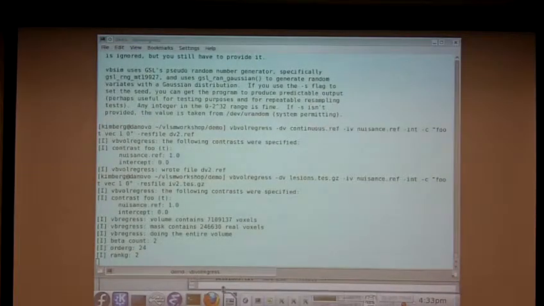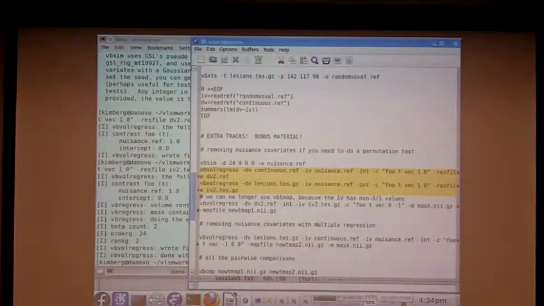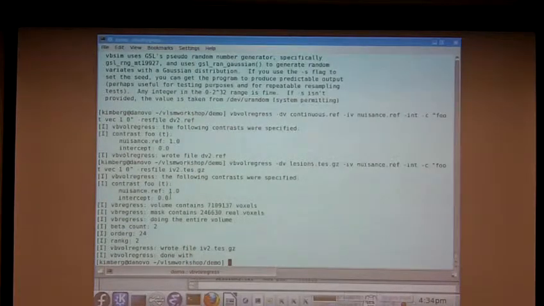Now I should mention that although this is the best approach for running a permutation test with a nuisance covariate, it's not considered to be perfect or exact. It's just the best you can do. There isn't a general theoretical solution for that. But now that we've done that, we can run VB-VOL-regress using our dependent measure and our independent measure with that stuff factored out. And we can look at those, by the way, to see what factoring out a random variable has done to the data. So, for example,